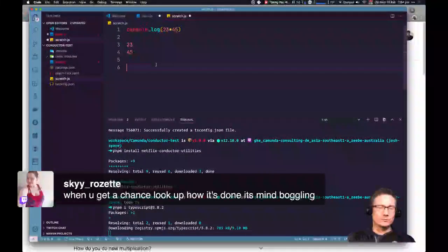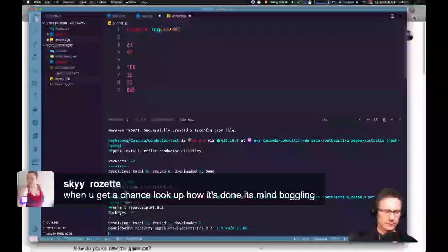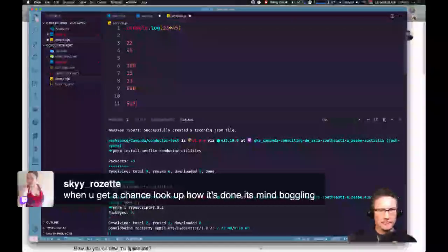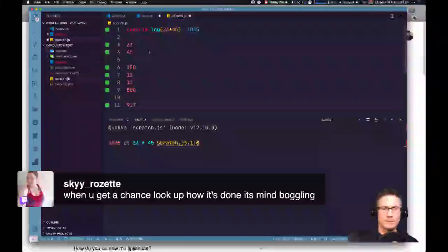Okay, so I would do 5 20s are 100. 5 3s are 15. 4 3s are 12. 4 times 2 is 80, which would be 800, like that. 927. Ta-da! Let's see. Did I get it right? No, I got it wrong.